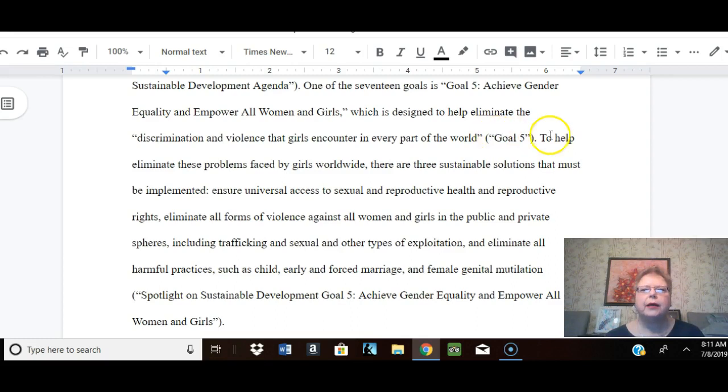Here is my citation at the end. You don't have to type out the whole title that sticks out on the works cited page. You can abbreviate it as long as it's not confusing. And I didn't have anything else that started with Goal 5, so I can just put Goal 5 there. It's shorthand to let somebody go to the works cited page and find out what it is. To help eliminate these problems faced by girls worldwide, there are 3 sustainable solutions